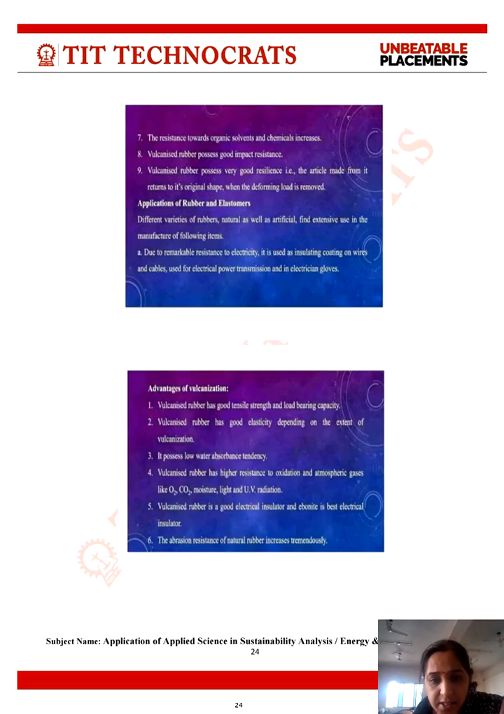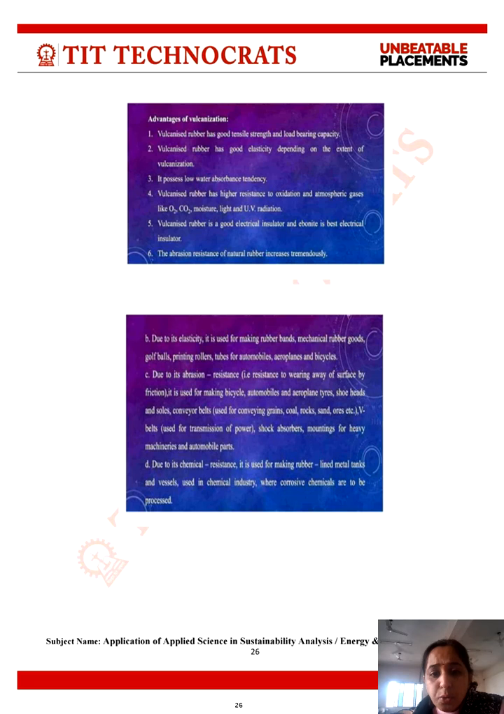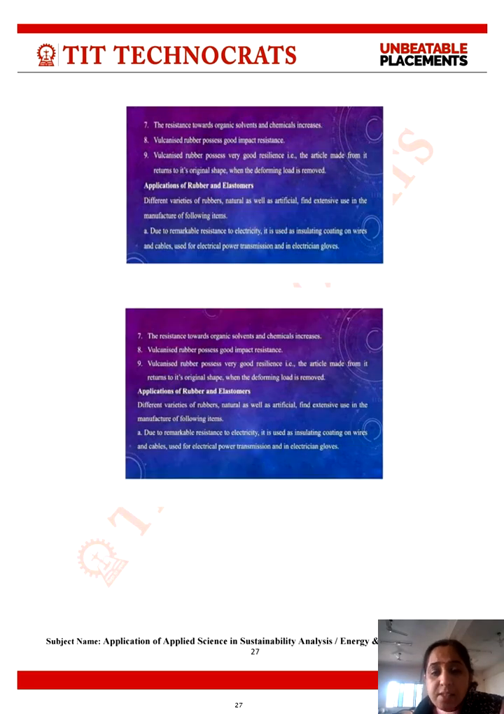These are the differences. Now comes the next topic, that is vulcanization. This vulcanization is a very important process. Now in vulcanization, what happens? Raw rubber actually has so many drawbacks while using. So we have improved these drawbacks by adding sulfur to the rubber. So there is a reaction